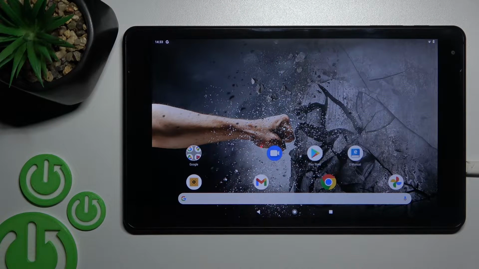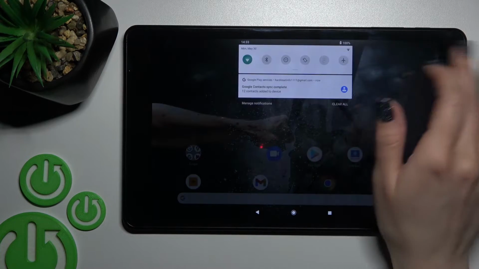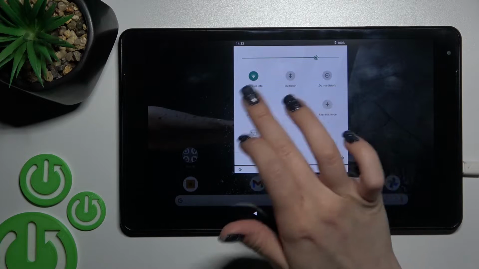Welcome, today in front of me ODYS Thanos 10 and I'll show you how to edit notification panel shortcuts on this device. So first open the notification panel, and after that we can see here